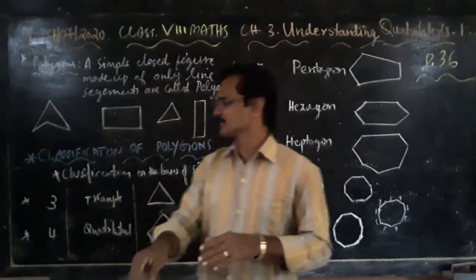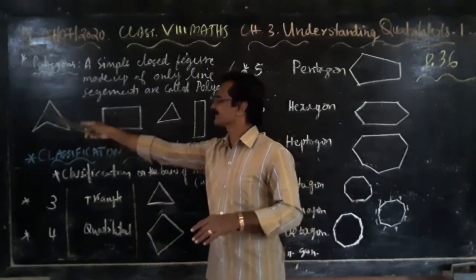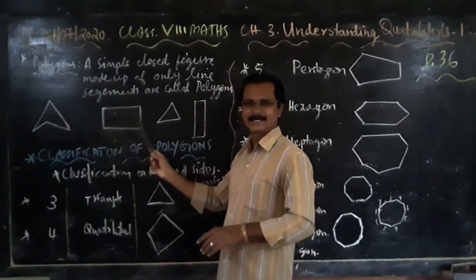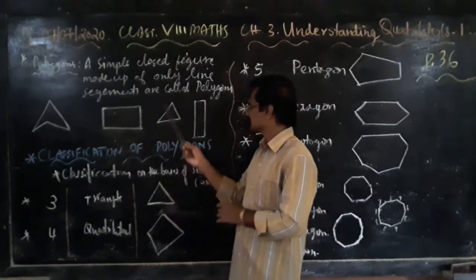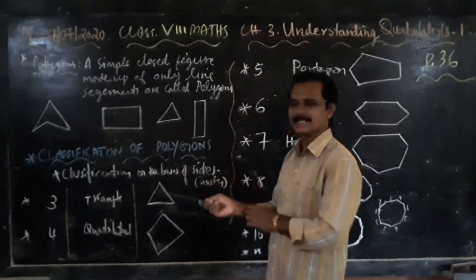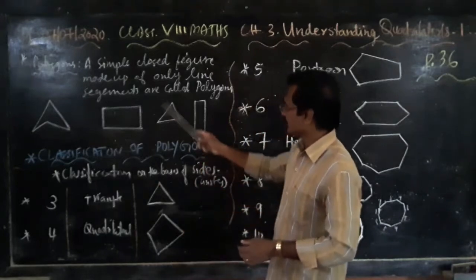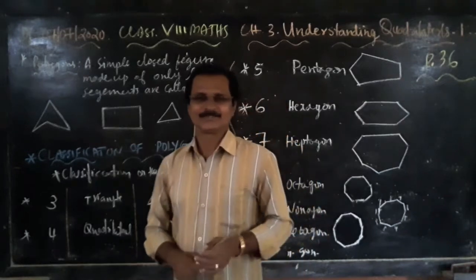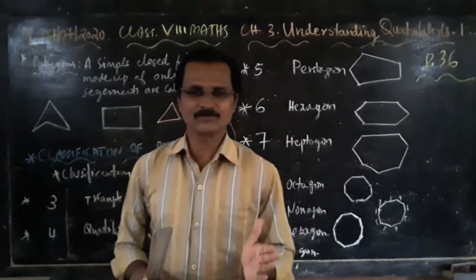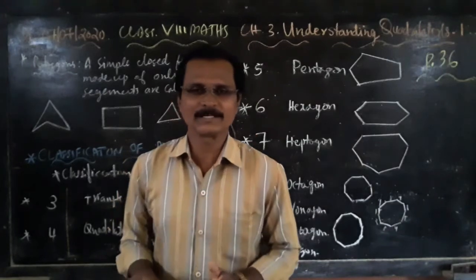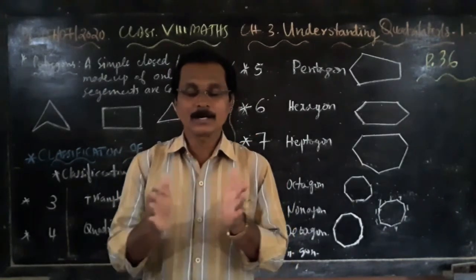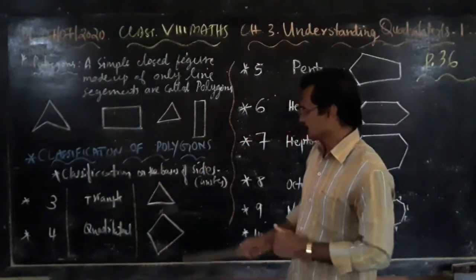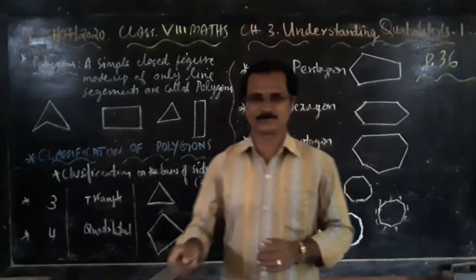A closed figure. So here are certain examples. All these shapes. This one you can say has 4 sides, just like our rectangle, and this side is a triangle, and this one also is just like a triangle. But everywhere, look at this. All these figures are closed. So that means polygon means it's a closed figure made with the help of line segments.